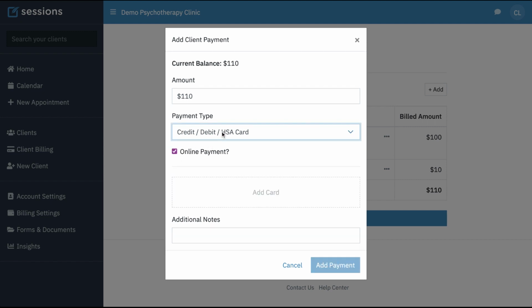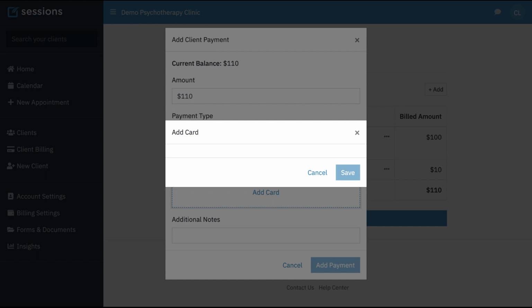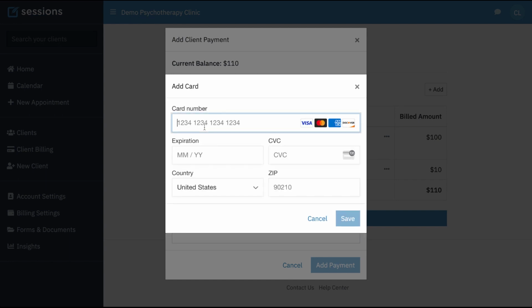The other options you can see, you can log cash, check. If the client has a credit, you can apply that, or other. If there isn't a card on file, you can put a card on file if you happen to have access to it, and we'll do that in this case. We can just click the button, and this is just a test credit card that we're putting in there, so it's not a real credit card. Now we can save that